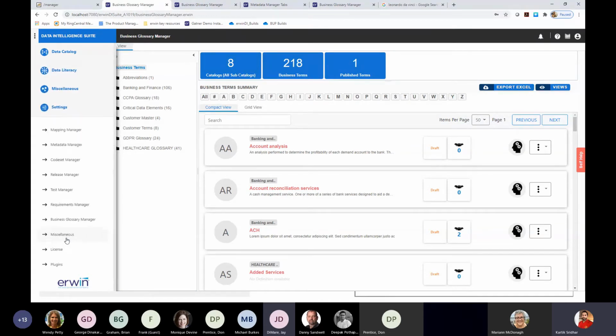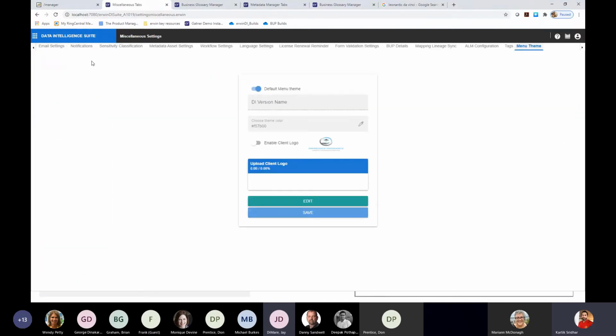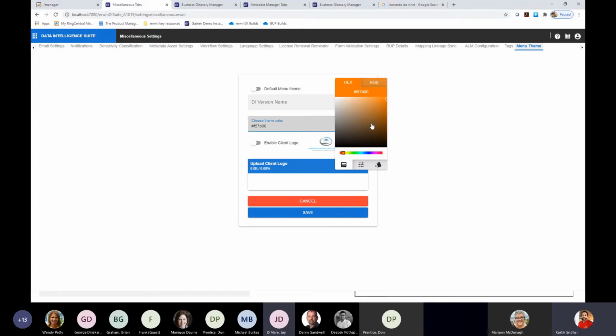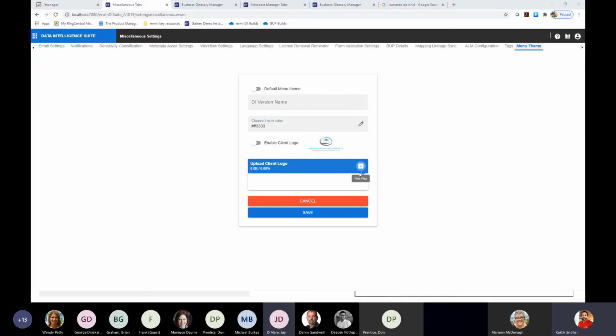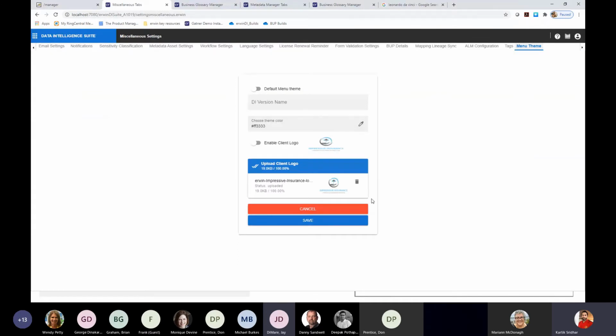So what this means is, you can go into a settings area and you'll be able to go into a specific screen where you can configure what your menu theme looks like. So if you are a customer whose primary color is orange or your primary corporate color is red, you'll be able to go here, disable the default theme. You can pick your own corporate color over here. Let's say red is my corporate color. So I can pick red. I can upload my logo as well. So I can click my logo here and say, okay, fine, I'm Impressive Insurance. This is the company that has purchased the product. I can put in my color here. I can pick my logo and click save.